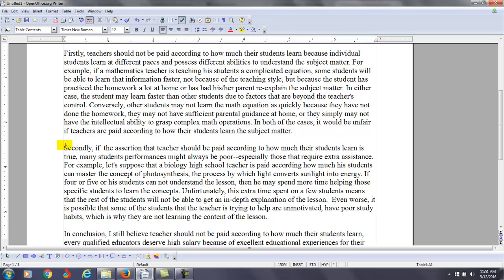Okay, I think we're going in the right direction here. Notice how I'm really trying to take my time to develop each of these topics. So secondly,